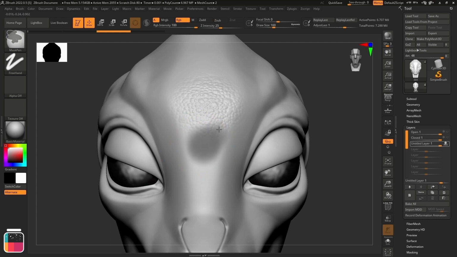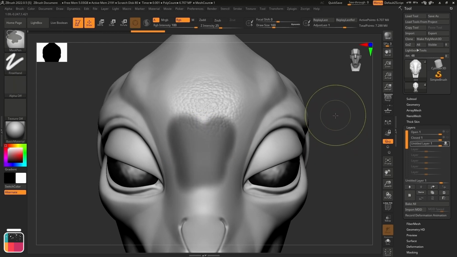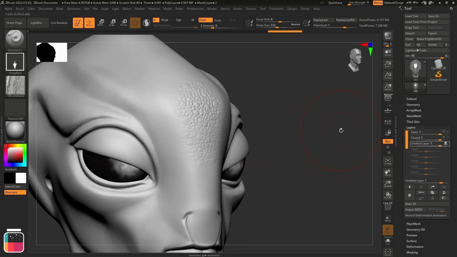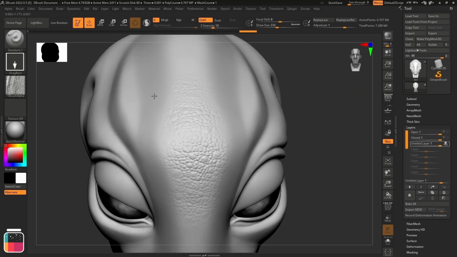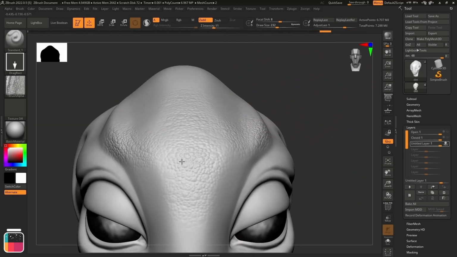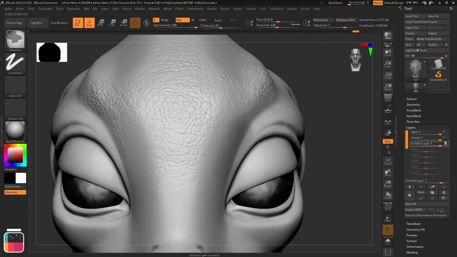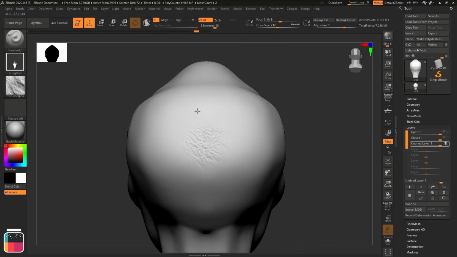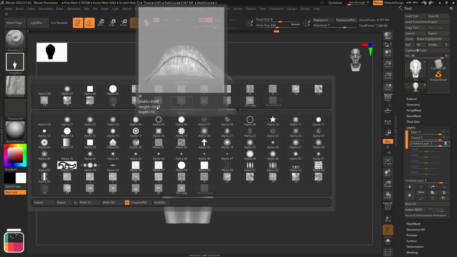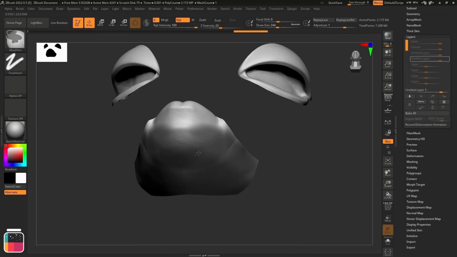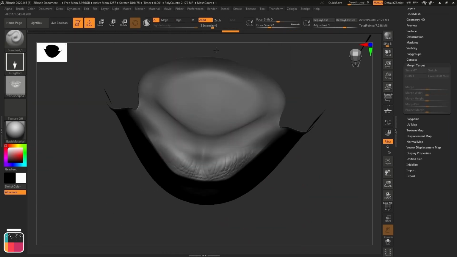Sometimes I mask specific areas to ensure the texture shows up exactly where I want it. I've used this approach for the entire surface. I tried to add some variability in different head zones. Additionally, keep in mind the natural behavior of the skin, such as where it stretches and compresses.